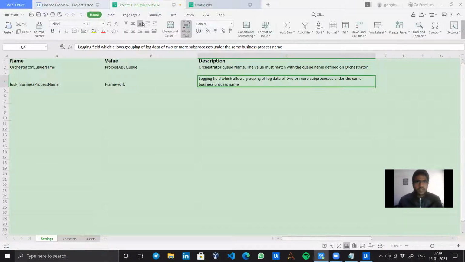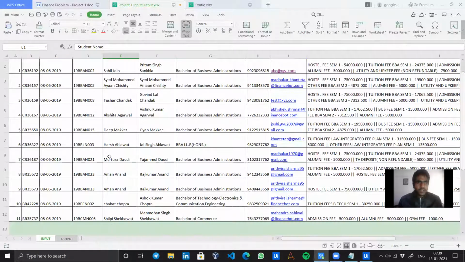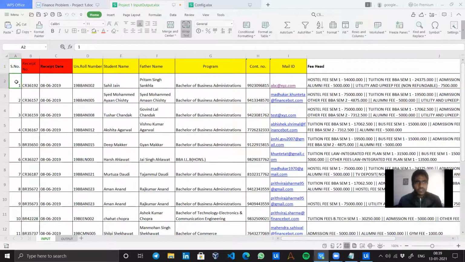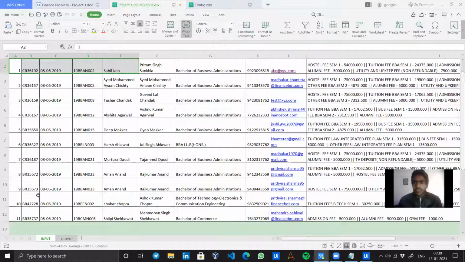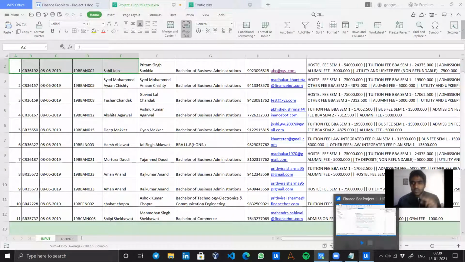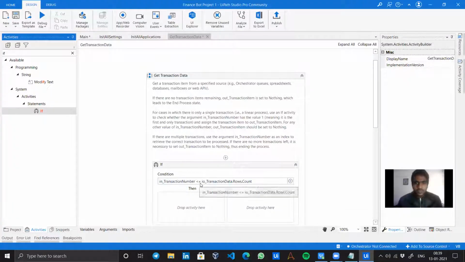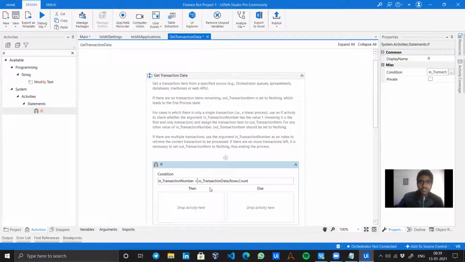So like if in this input file data, at 0 we have got this row, and when we are calculating the total number of count, it would be 11. So r would be 0 1 2 3 4 5 6 7 8 9 10. It will work from 0 to 10. So for that I will just remove this equals to. So in transaction number should always be less than the total count.